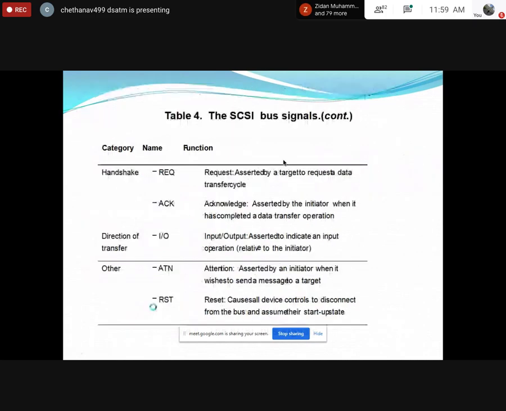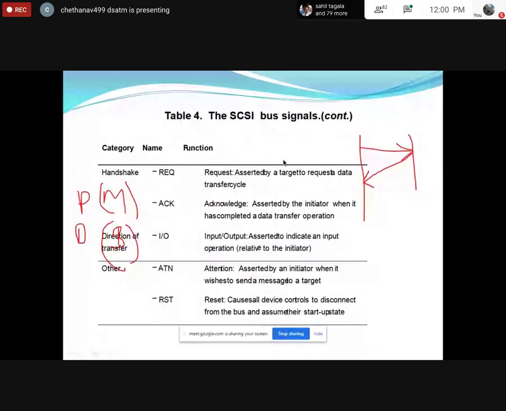And handshake is also there. What is handshaking? Here the processor is the master and the disk is the slave. Between these two I want to make a handshake. I have sent a request, that means the processor requested the data. Now the disk will send an acknowledgement: yes, I'm ready to send you your requested data. So there will be a conversation, that means request and reply. That is what acknowledgement is.